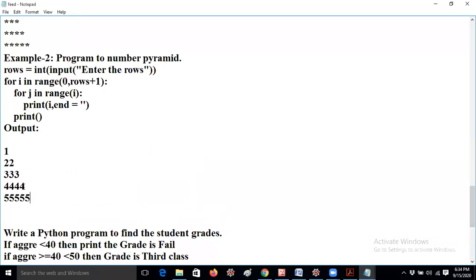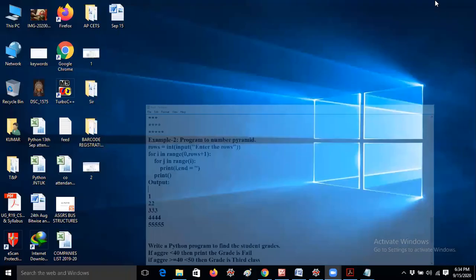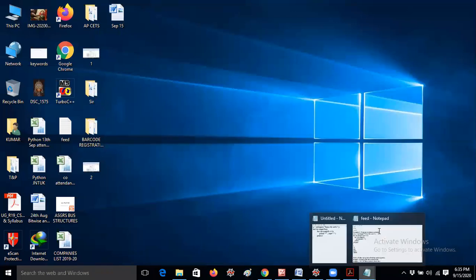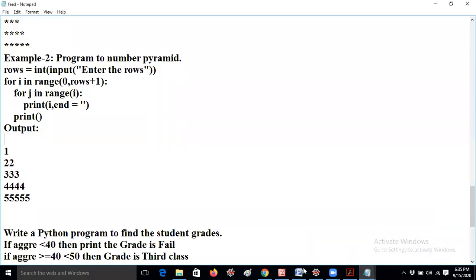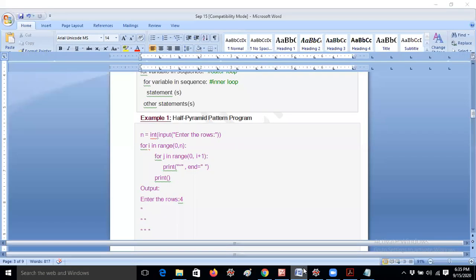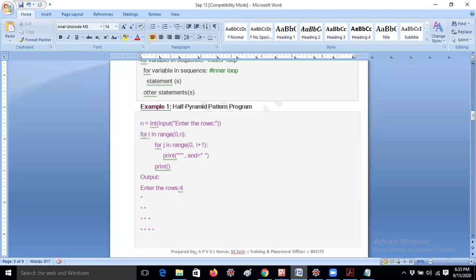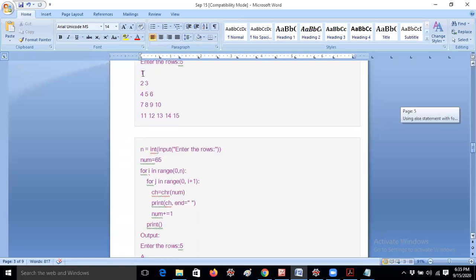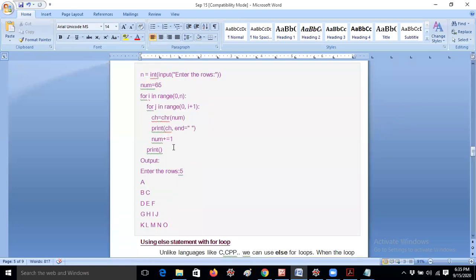In the same way you can also do 1 2 2 3 3, just now I asked you. You can do it like this, but you will get an extra empty space, so I will not prefer it, though some websites give those answers anyway. I hope you are very good in nested for loop concepts. I will share all the examples, don't worry. I will tell you only one example, and I will skip and move to the other concepts.